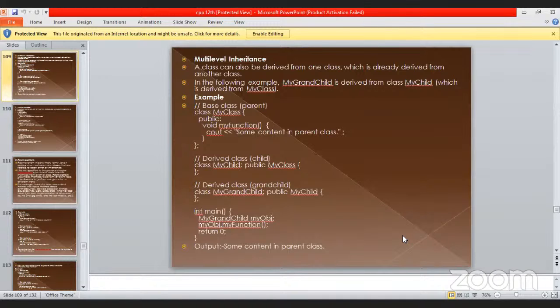Then multilevel inheritance. What does it mean? A class can also be derived from one class which is already derived from another class. In the following example, MyGrandChild is derived from class MyChild, which is derived from MyClass. Then example: base class, that is the parent class, that is MyClass. Then public: